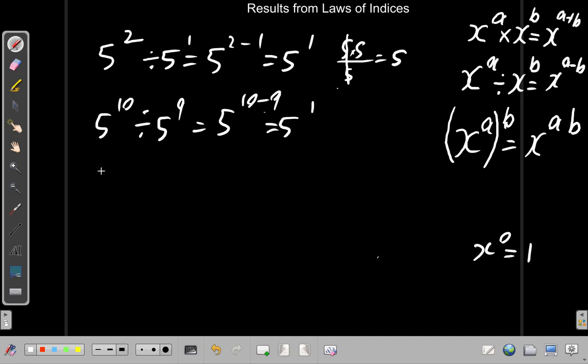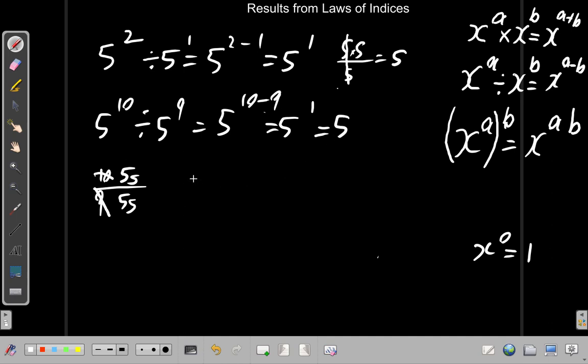You have 10 5s up here divided by 9 5s down here. And when you cancel, you will have 9 5s. Take out 9 5s up here, and you have 1 more 5 remaining,